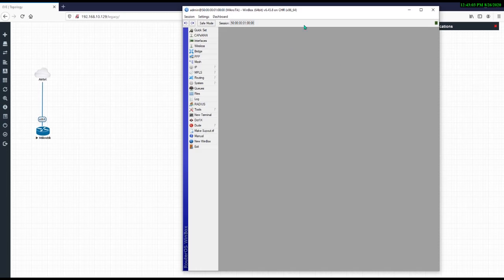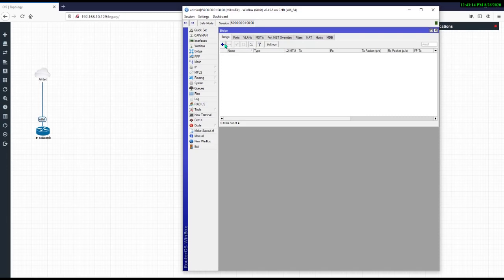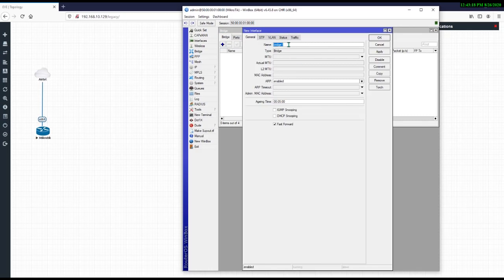And how we can create a DHCP server, how we can create a bridge, and how we can add the ports in that bridge, I'm going to show you. First of all, you need to go to the bridge, and this is the button to add a bridge. So add here and give the bridge name. Suppose I'm going to give the name LAN underscore bridge.